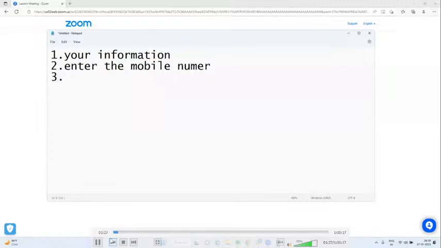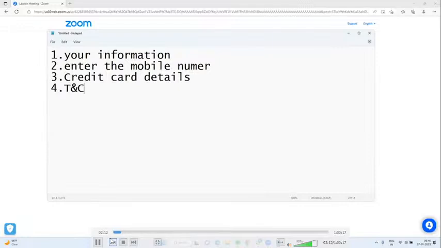Third thing is enter the credit card details. Without a credit card, we will not be able to subscribe for Azure free trial. So credit card is mandatory. If we don't have a credit card, what should we do? We cannot do anything. 100% we require credit card details in order to subscribe for Azure free trial. Debit card also works, though very few. I will let you know what they are supporting. The final thing is terms and conditions.